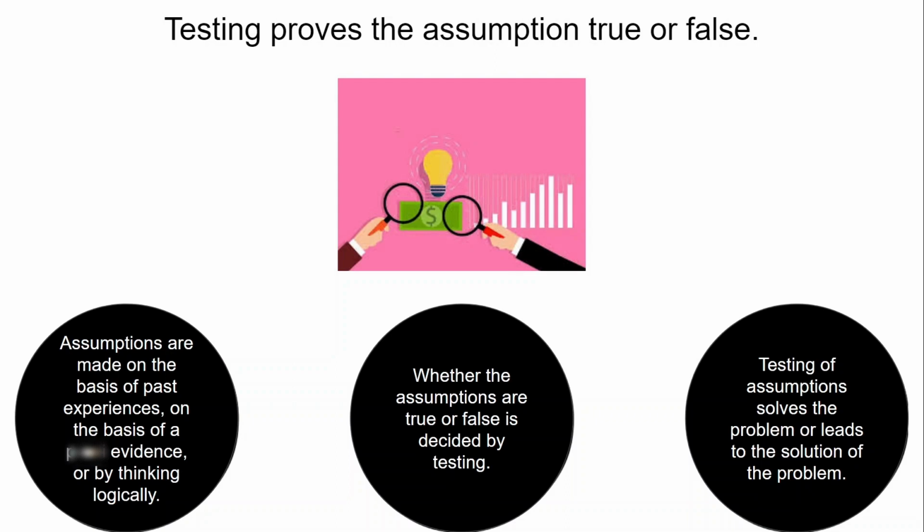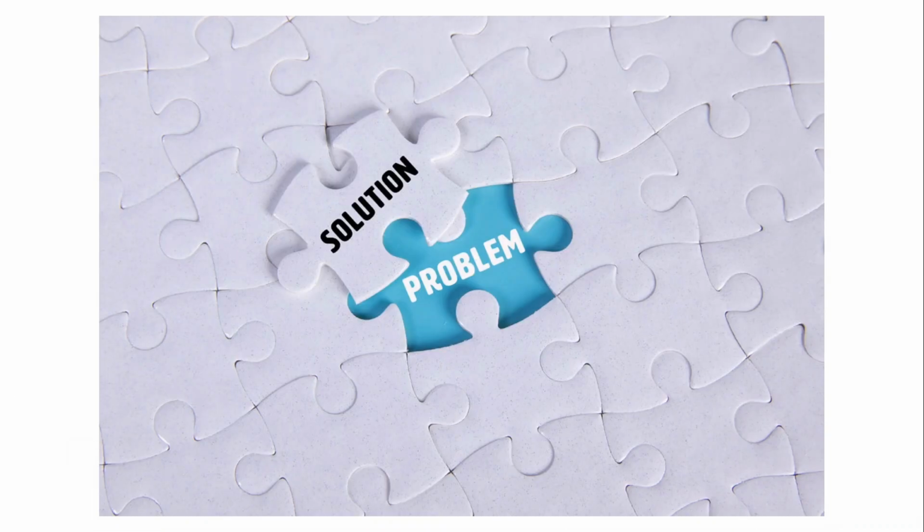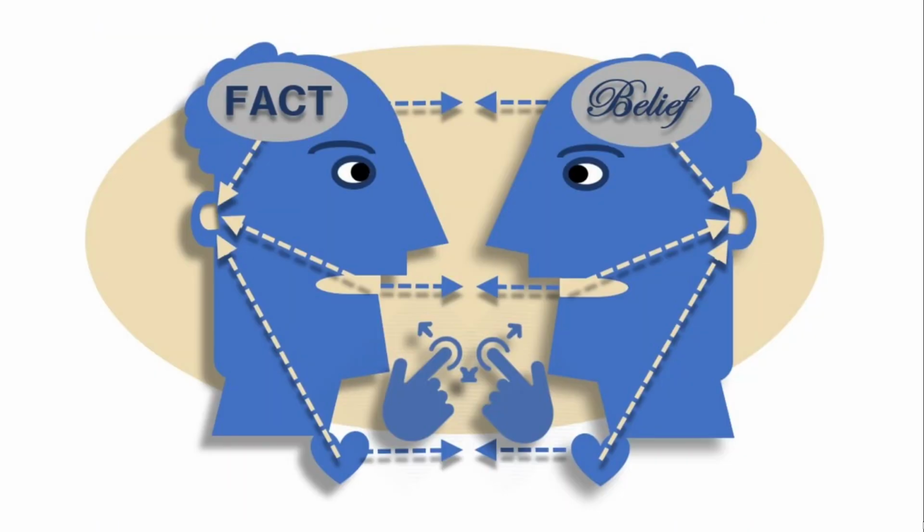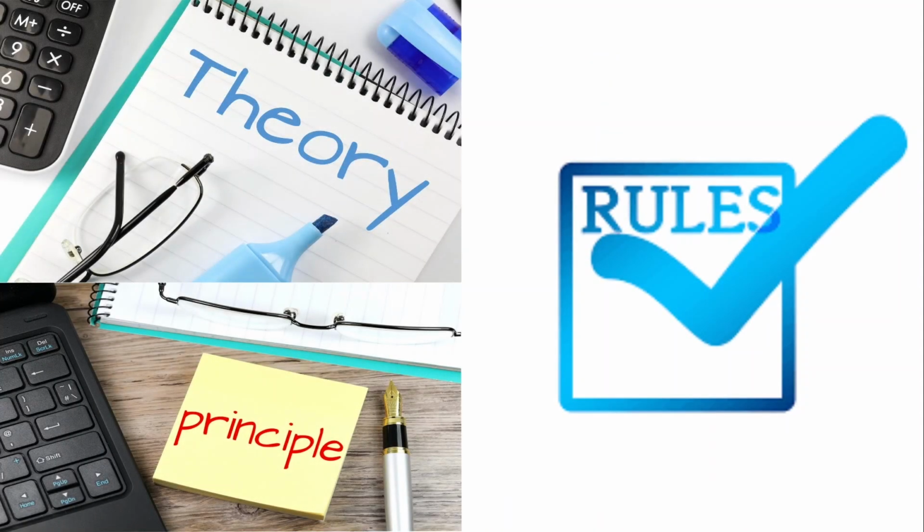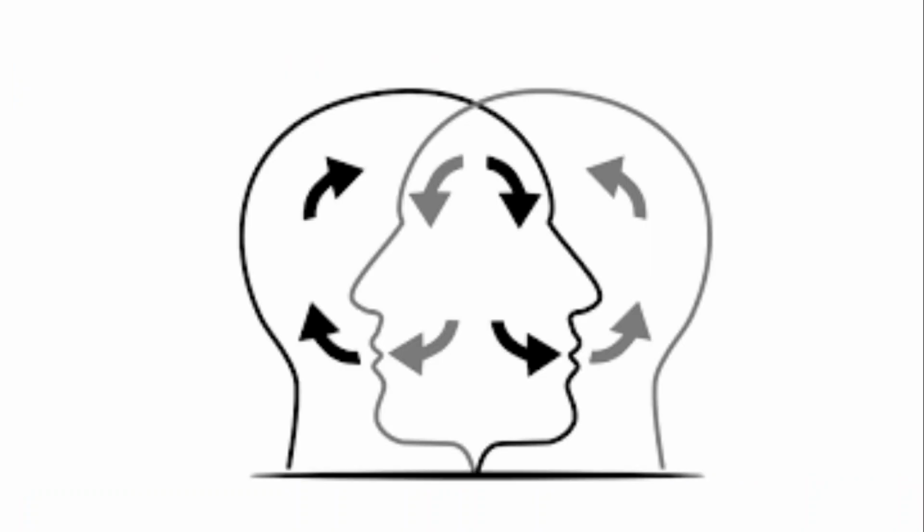The assumption that is made keeping in mind these points with the view of possible solutions of the problem is called hypothesis. By testing a hypothesis, a fact is established, or a theory, rule, or principle is formed, or a generalization is made with reference to the solution of a problem. Therefore, the hypothetical statement is not an established fact or theory, but rather a fact derived from its testing or a generalized solution. On the other hand, a hypothesis is the result of a mature and logical thinking process.